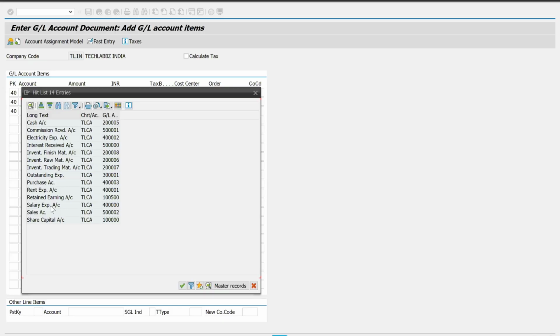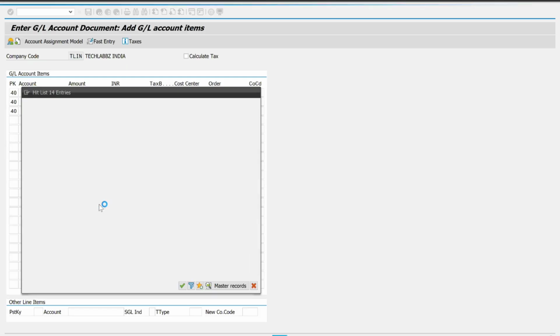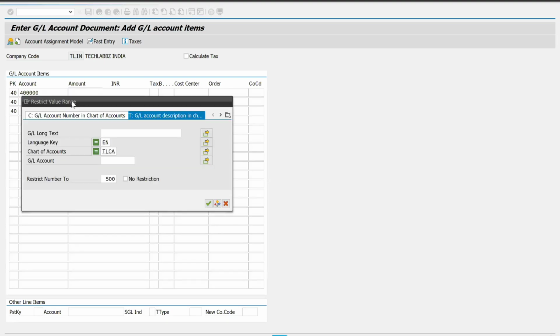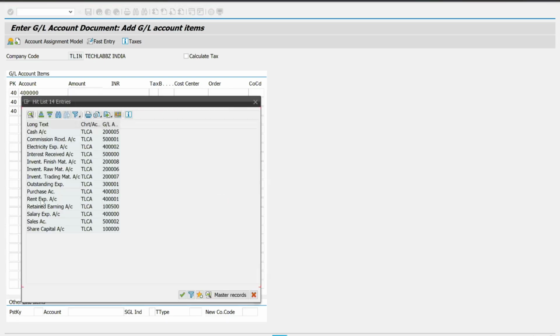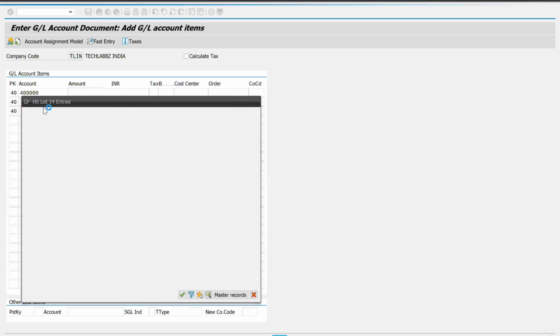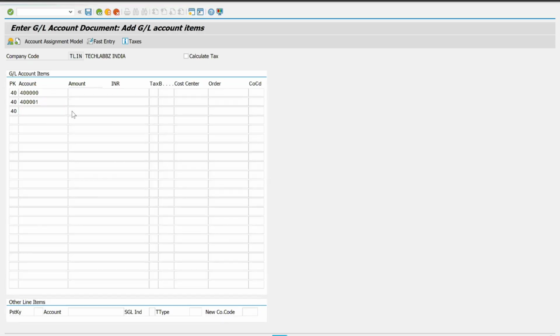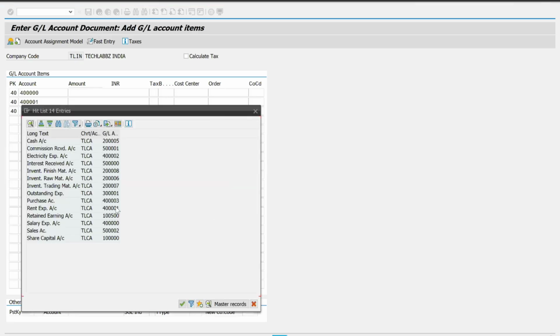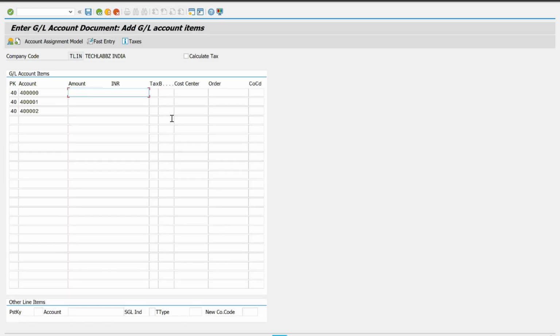See, one is salary expenses, 40000, then salary expenses. Another one I will go with rent expenses. Then another I will make electricity expenses. See, let's say rent would be 10,000,